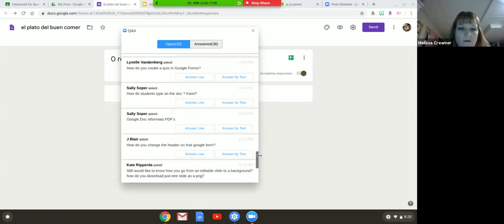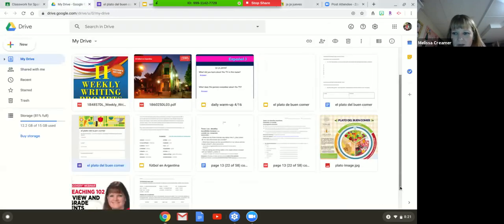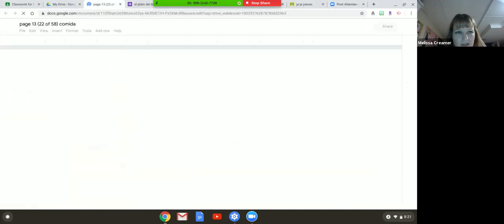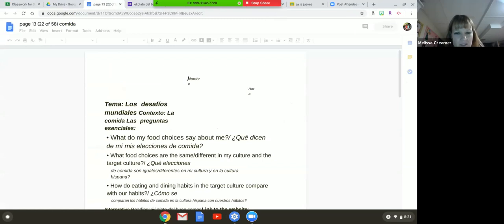Yes, so sometimes you can do this. Sally was talking about how Google Docs will reformat a PDF. And actually, Chuck, who was hosting this meeting with me from Teachers Discovery, we were just talking about this earlier, that you can open up a PDF. Here's an example. I took the thematic unit page 13, it's actually page 22 of the packet,